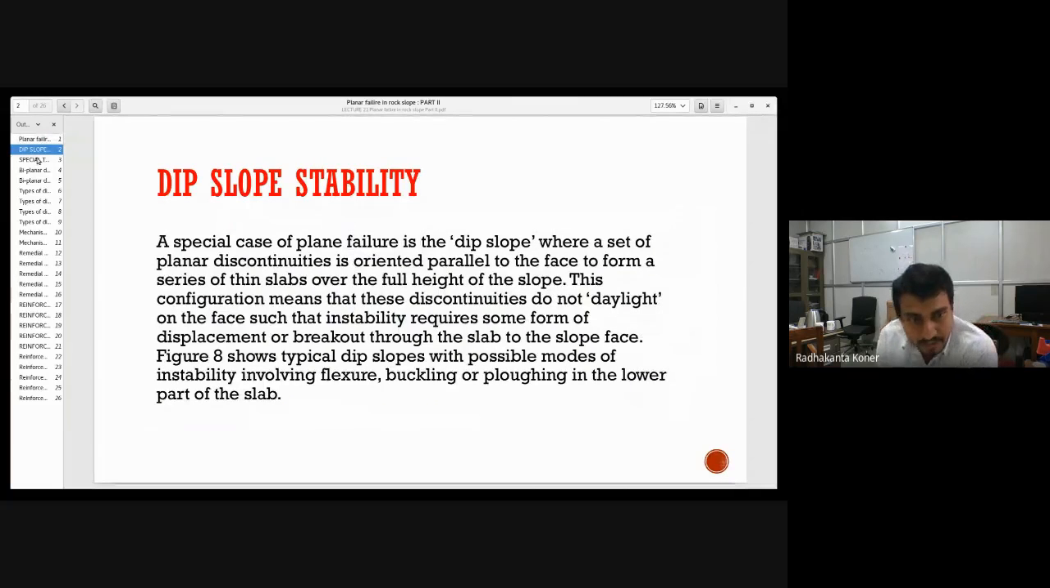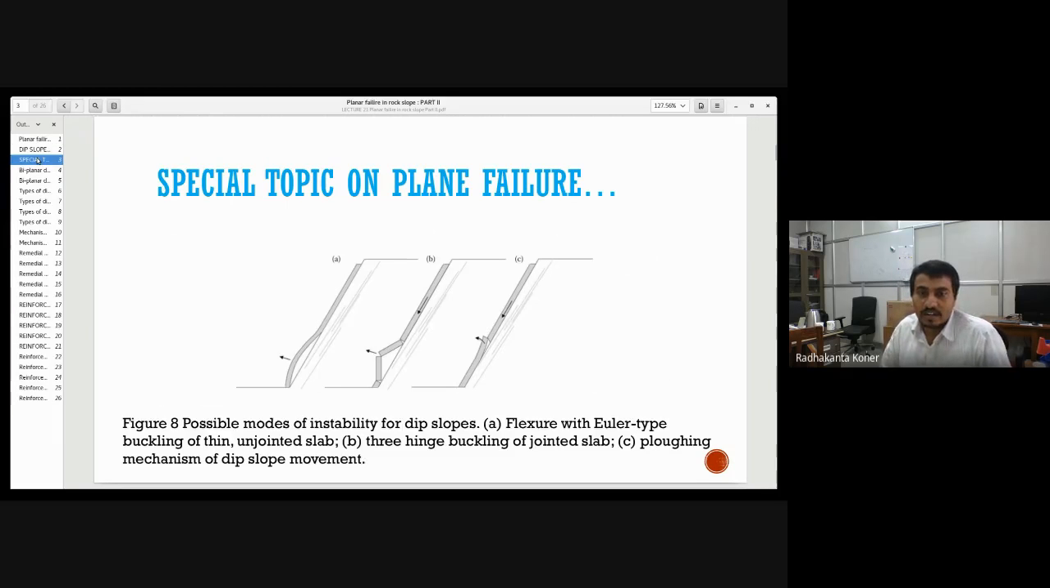So today we will try to study deep slope stability. By deep slope stability I mean a slope that is not daylighting in the slope face. That is a special kind of slope, and this is the special kind of slope we will focus on today. If you try to concentrate on these figures,